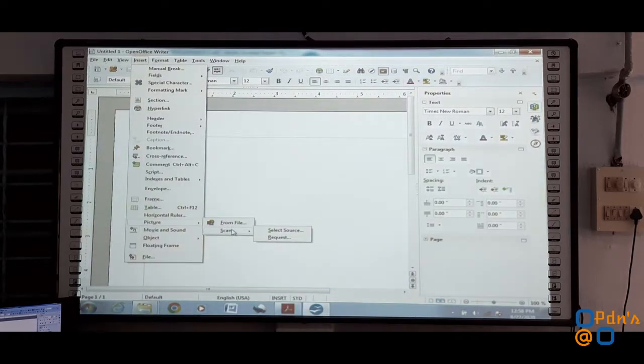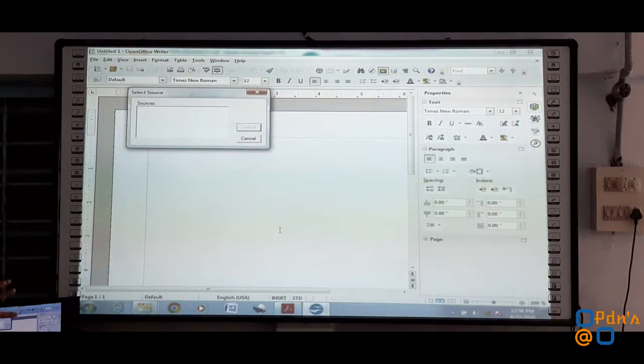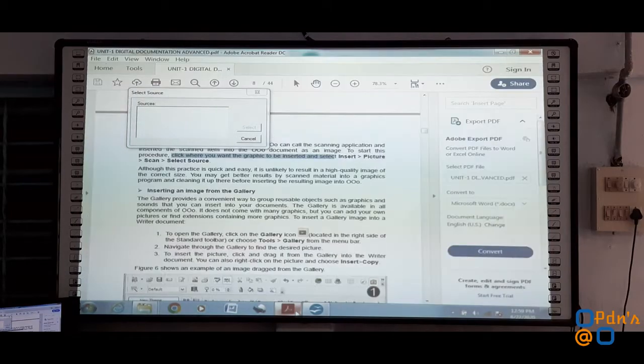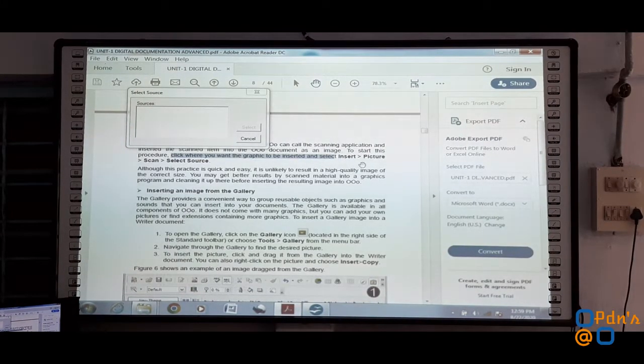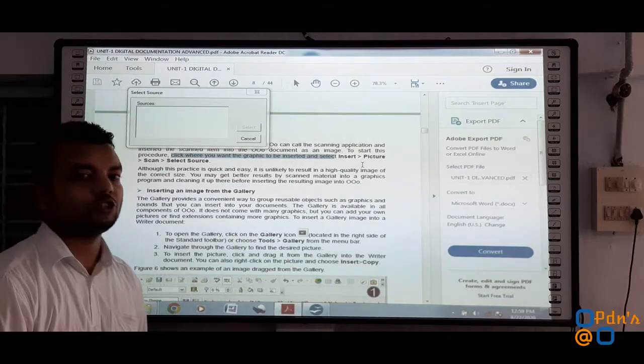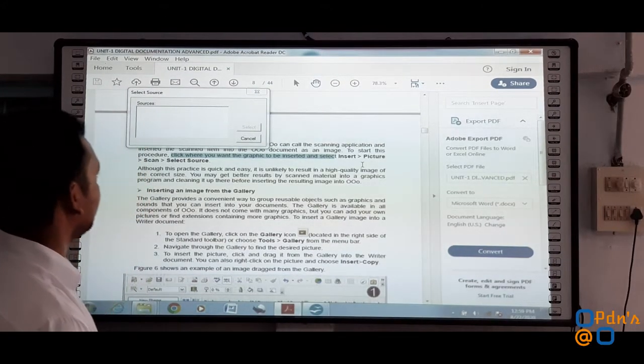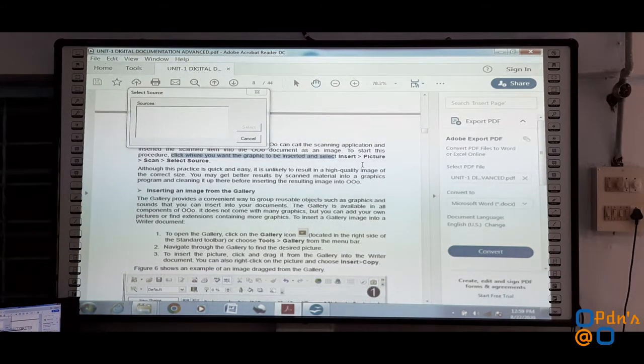As soon as we click on Scan, one more window is generated, that is Select Source. Then we need to select the source from where that particular picture has to be scanned and inserted in our document. So this way we can insert a picture in our OpenOffice.org document using the scanner application.